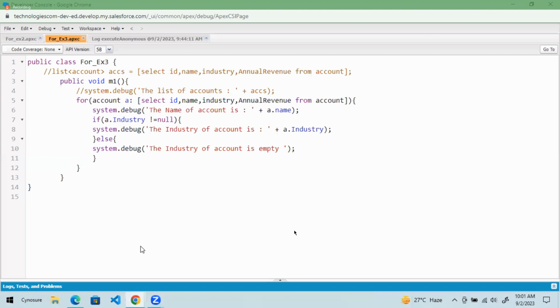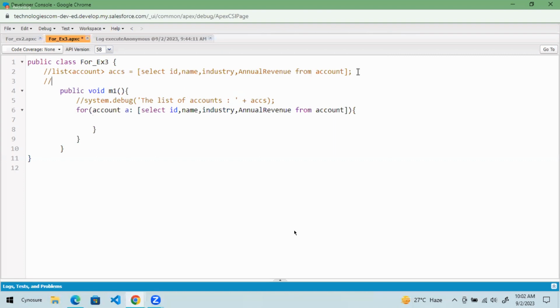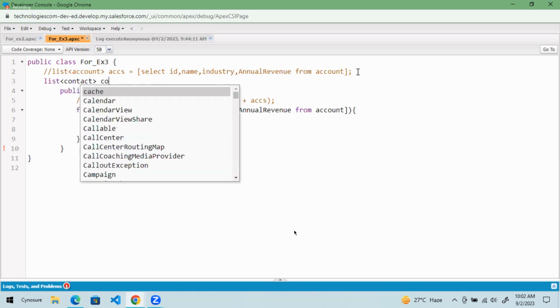All of you noted down this one? Okay? Okay. So now inside the for loop, I'll remove everything inside the for loop. Inside the for loop, generally, here I will write one thing: list of contact, cons equal to,